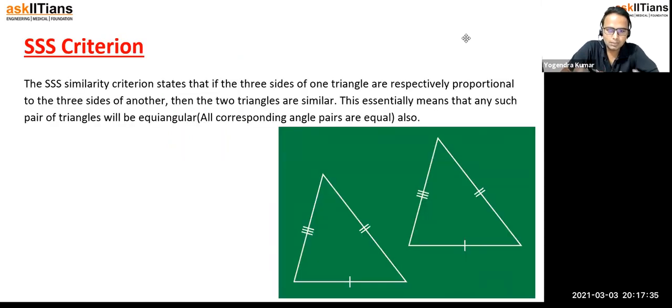The first criterion is very, very simple. It is the triple S congruency criteria, not similarity criteria. We have similarity also, but in that we work with ratios. Here we are doing triple S congruency criteria. We should write it as congruency criteria. It states that if three sides of one triangle are